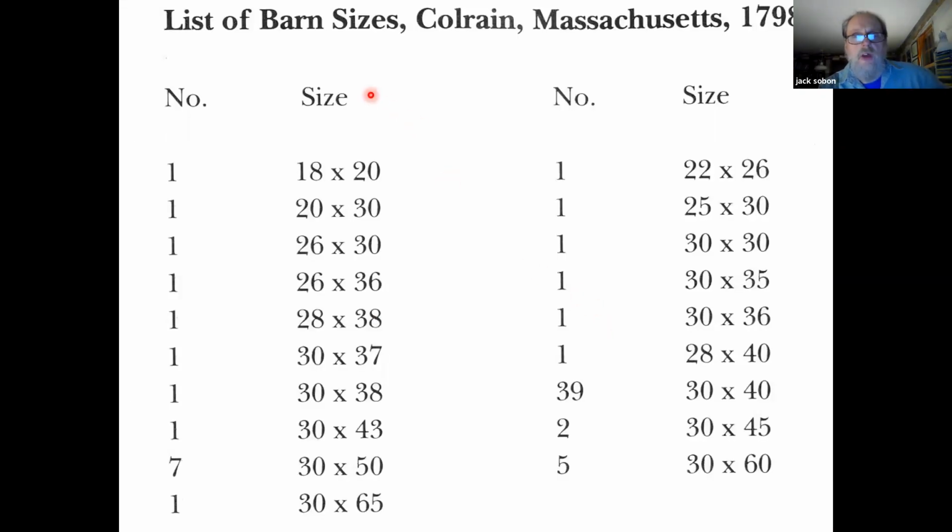Now let's talk a little bit about the size of these barns. This is from the direct tax census of 1798, which was taken in a lot of places around the country. This is the list of all the barn sizes in the town of Coleraine. You can see that there's one of these, one of these, one of these, and then there's 39 of the 30x40s. And I suspect even the 30x50s and the 30x45 and 30x60s are the same barn that's been added onto. So the 30x40